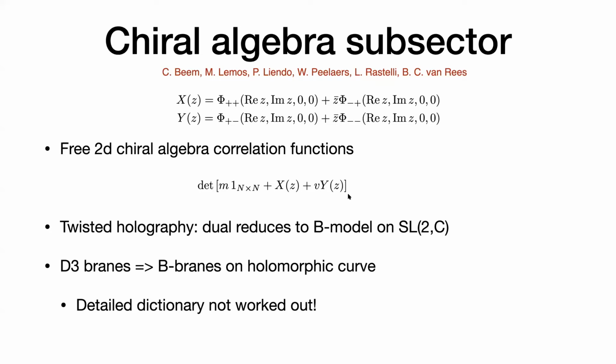And also, you can argue in the same way that the D3 branes in the AdS5 times S5 in the chiral subsector should map to the D-branes in the